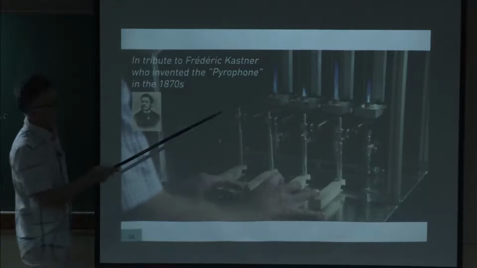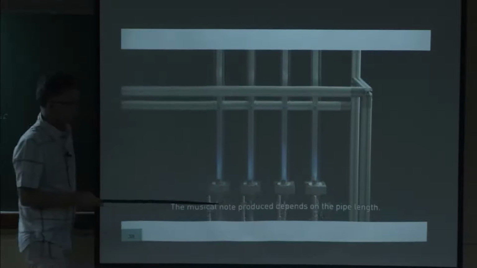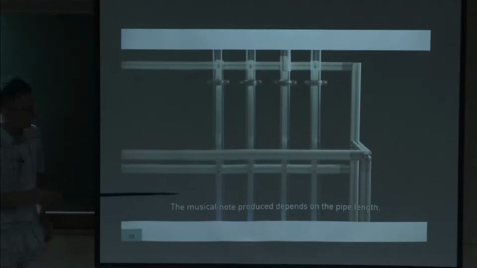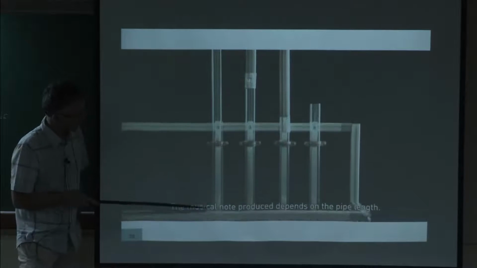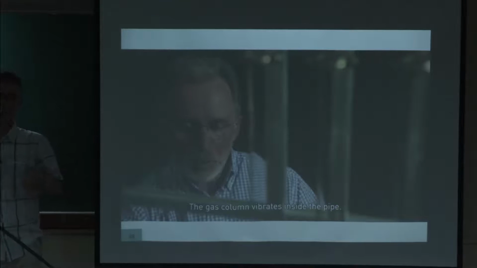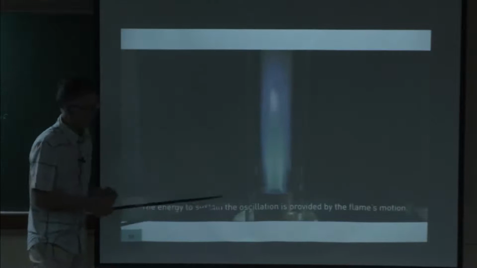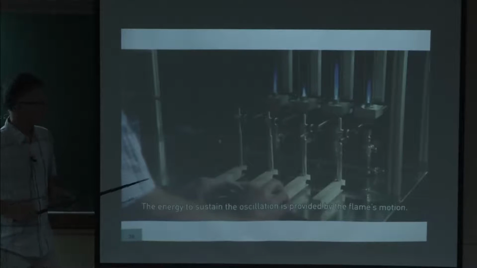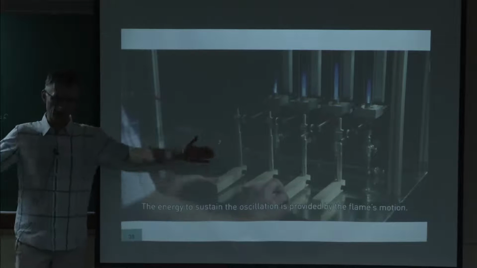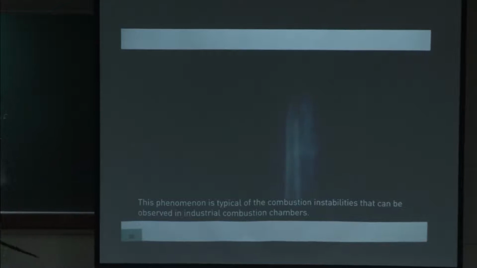So you use flames, and each of these flames can interact with its own tube, and because they create a mode which corresponds to the length of the tube, you can use it exactly like an organ. So this one is a small organ. It's only 4 notes, but some people have built a complete music instrument with that. We use that to show students that you can do it very simply.